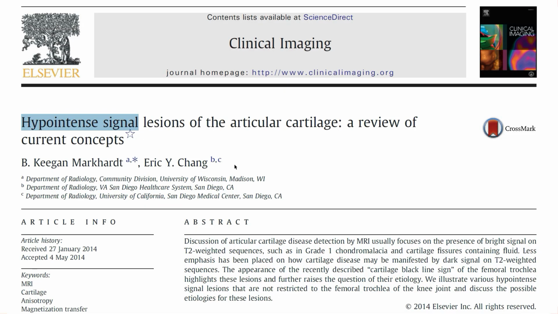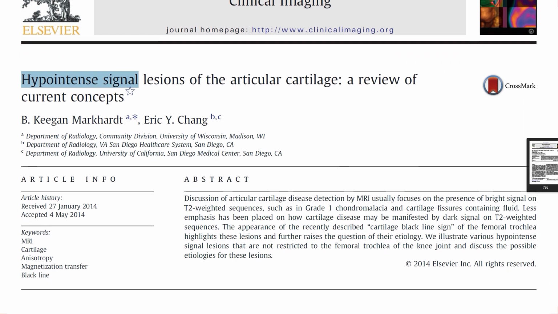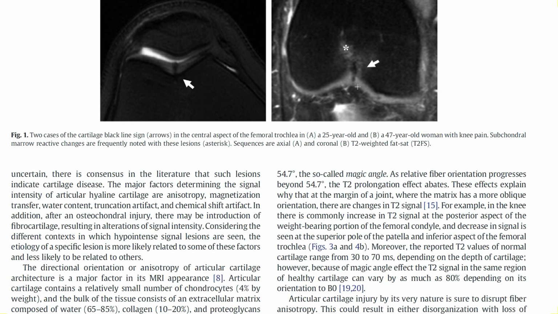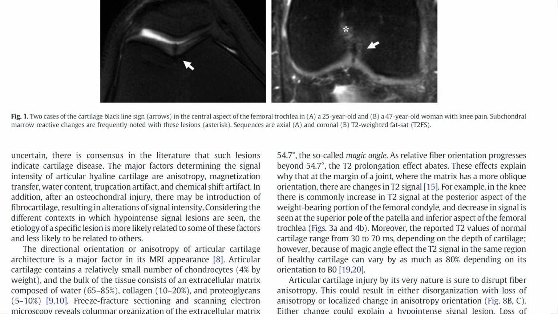Now there is a paper that is specifically dealing with this. Now let's have a look there. So this is the review article about the hypointense cartilage lesions, and they discuss different theories why it is dark on a T2 weighted sequence, hence the black line sign, and not bright as we would normally expect from a fissure in a cartilage. And there are different theories, and it has to do with MR physics and stuff like